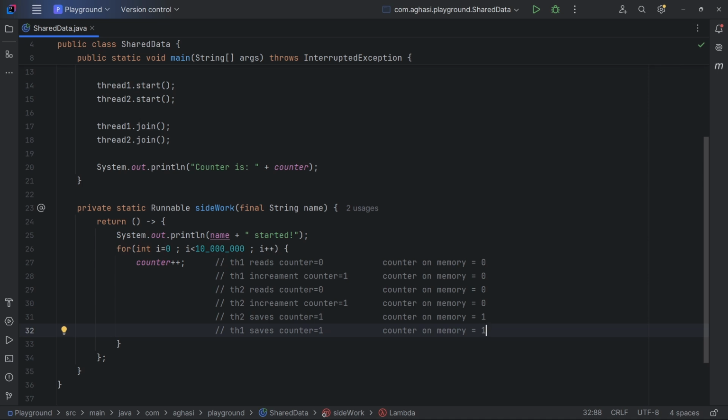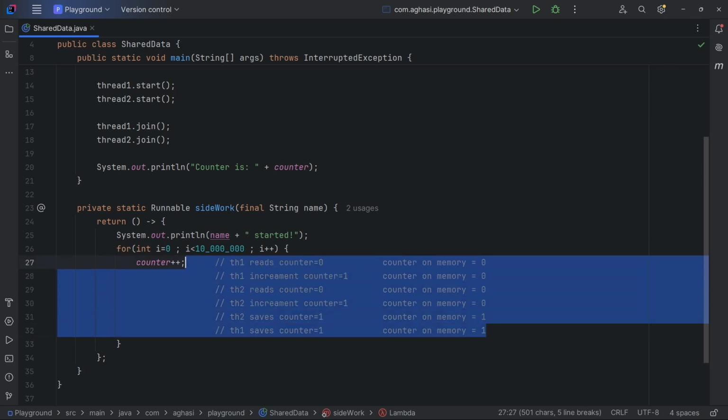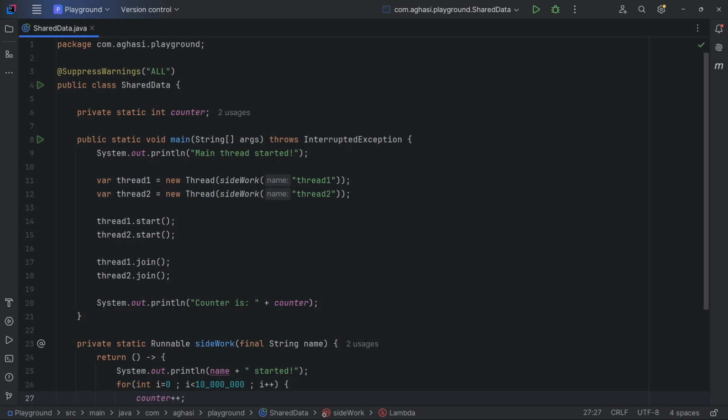We could prevent this issue if the increment operation at line 27 was an atomic operation. An atomic operation is a sequence of instructions that execute as a single unit. It is either completely performed or not performed at all. We explain the classes that Java provides to help with concurrency issues in the next part. But for now, let's say that Java has an atomic integer class that provides what we need, atomic operations on